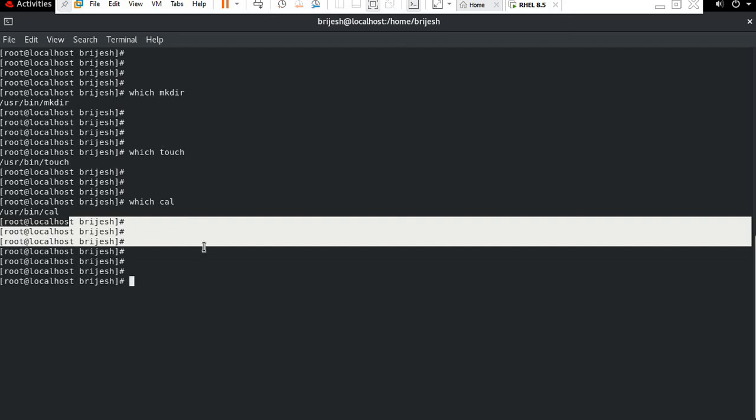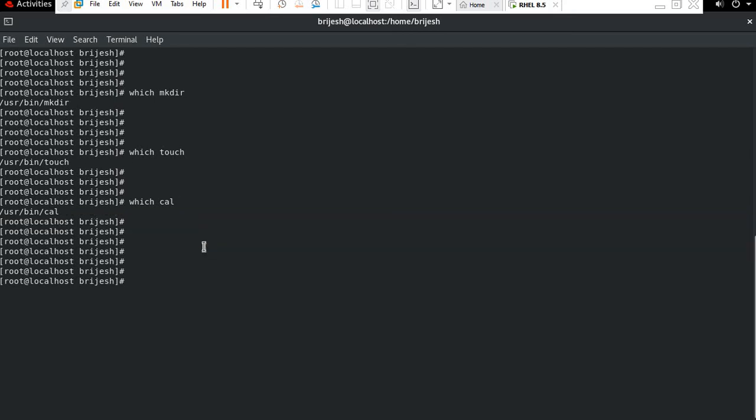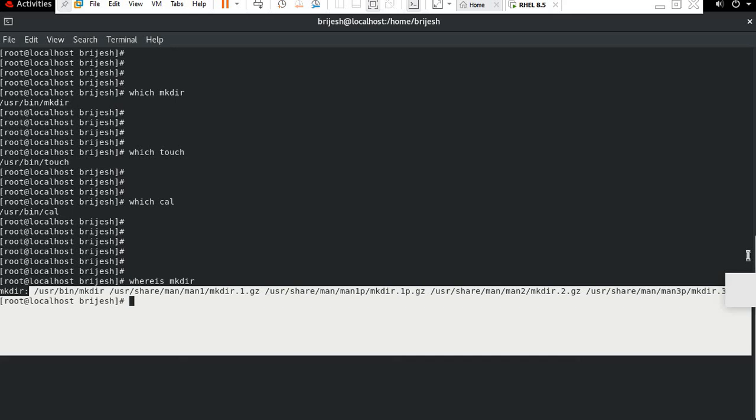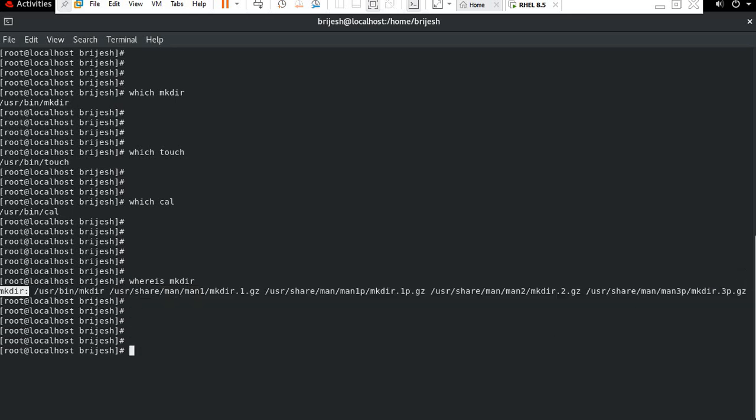Okay, so now guys, we have one more way to check where a command is, through this command also: whereis mkdir. It will also show all the locations under the usr bin mkdir, and it will show all the full information guys, you can see full information. Okay, so now just clear it.